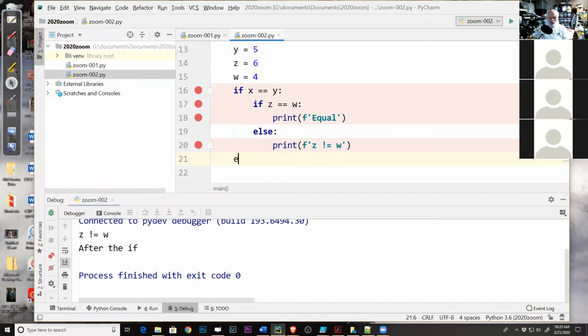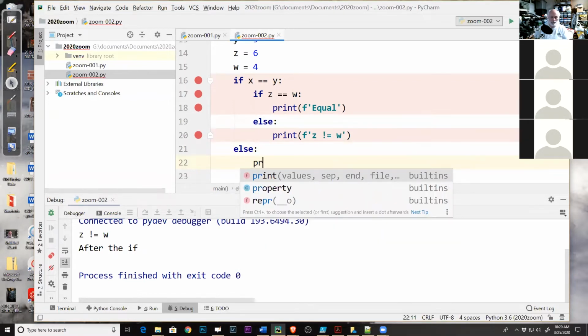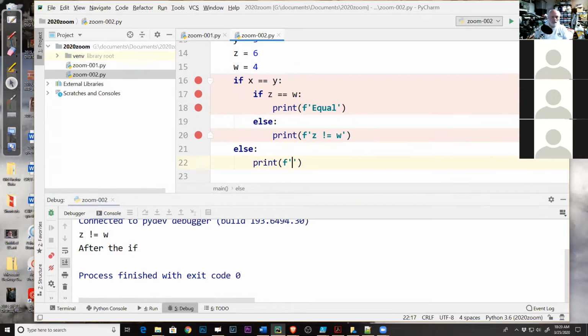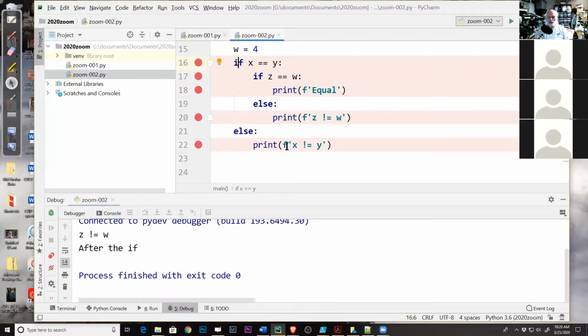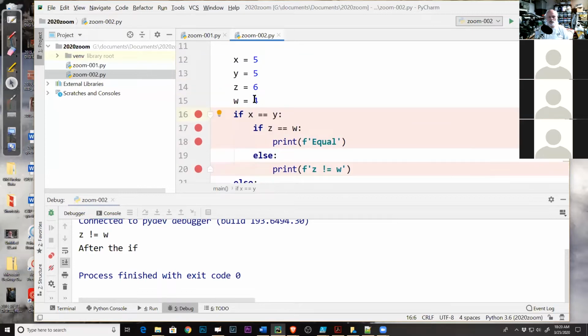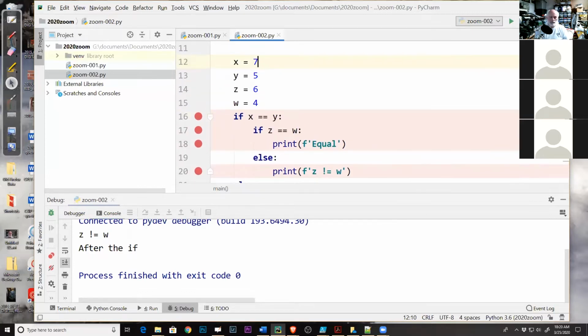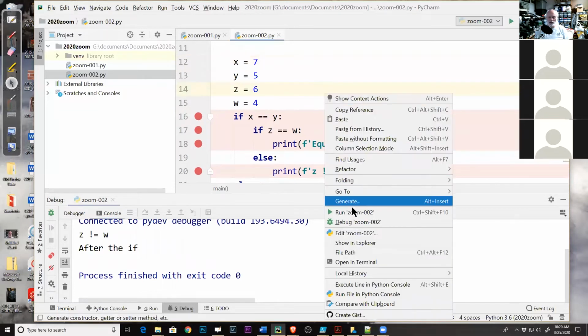If I add an else at this level, this will execute when X is not equal to Y. So right now, because X and Y are equal, it will never get to this else. Because once this if is true, it says don't even look at the else that goes with this if. But if I change that so that X is 7, so that's false,